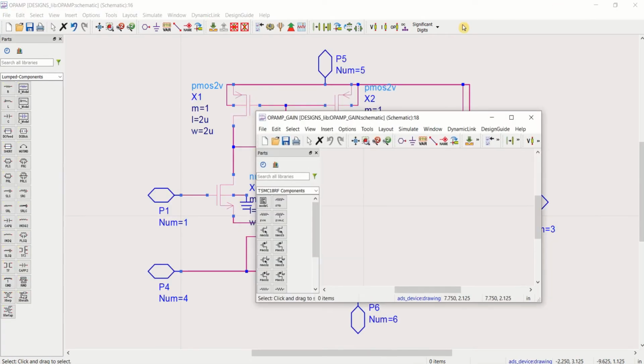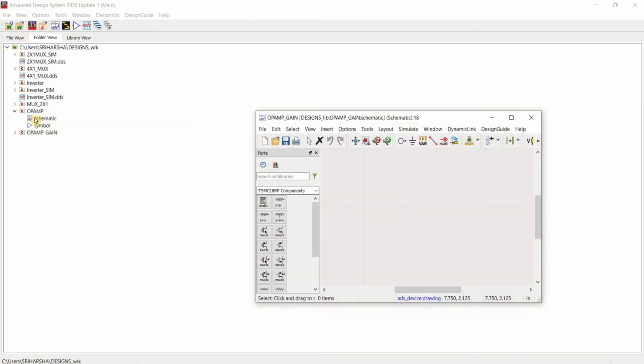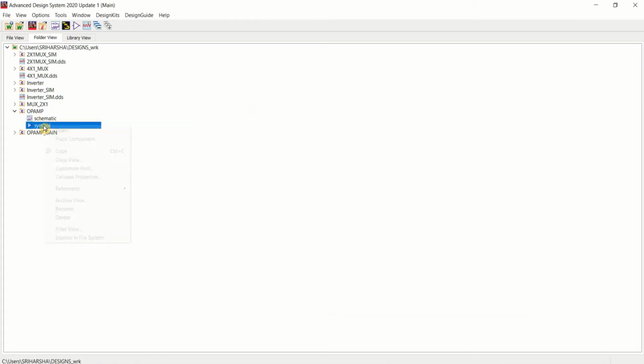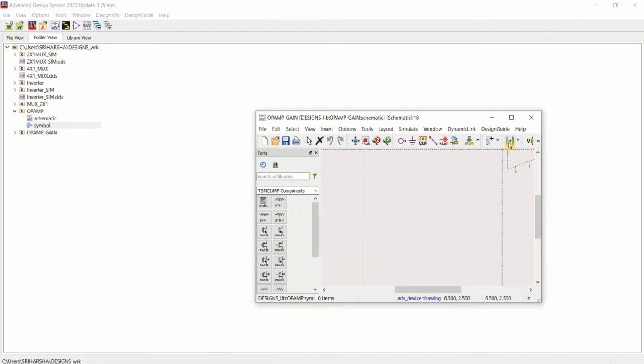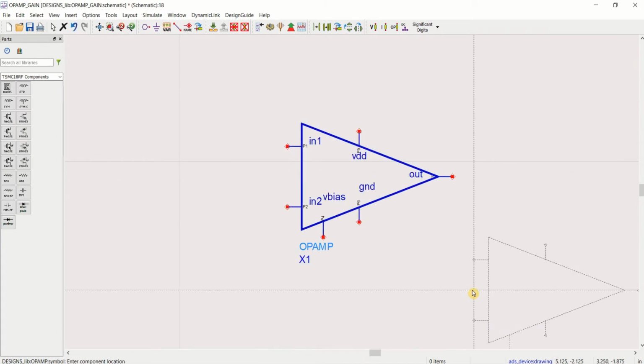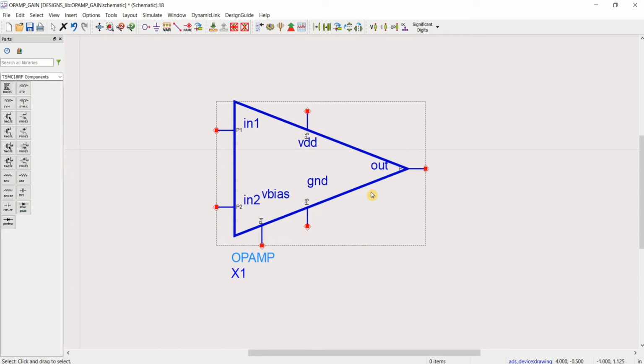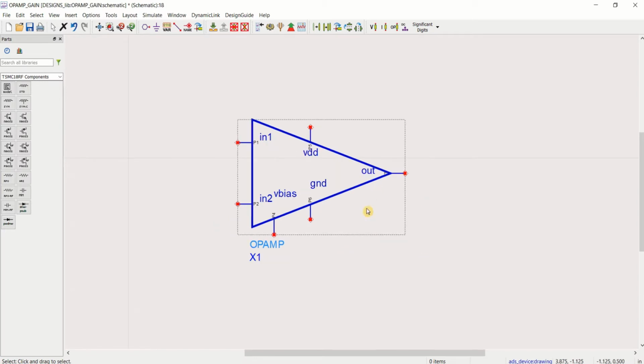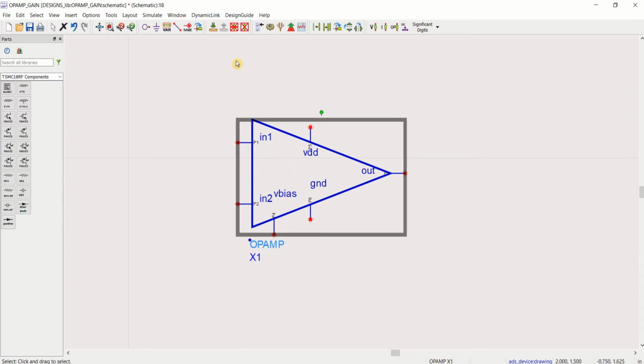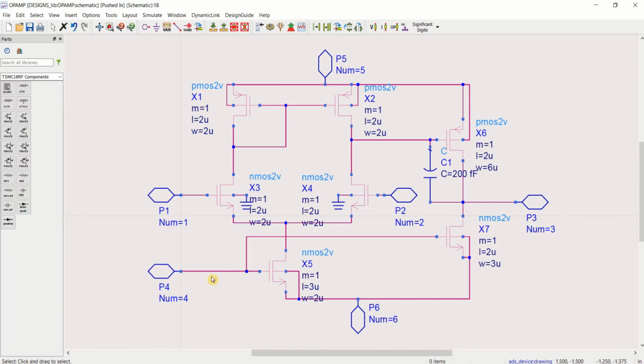Since you have already created the symbol, you can just right click on it and place the component so that it is enabled in the work area. If you want to see the schematic, select the symbol and push into the hierarchy. You can see the entire schematic view of the op amp. If you want to come out of this, use pop out.